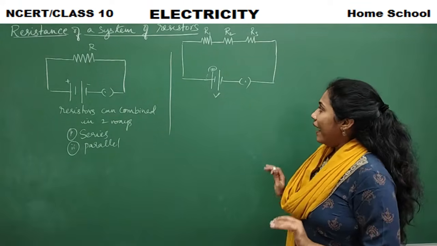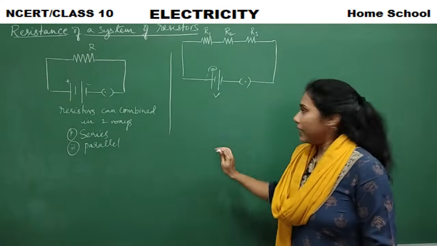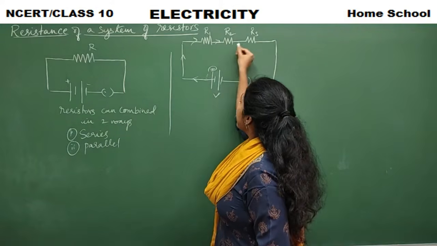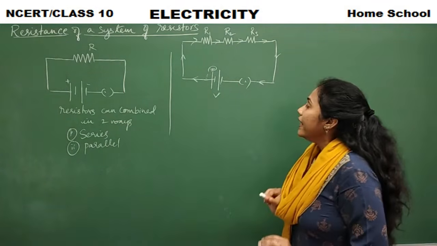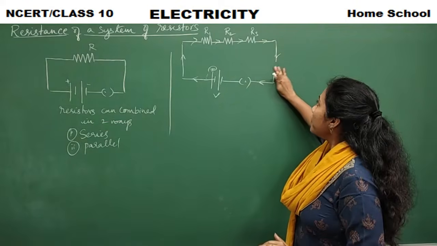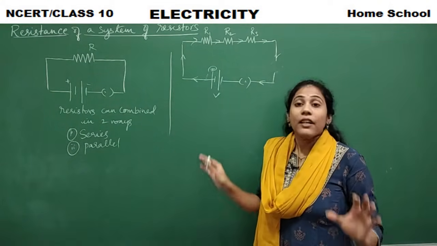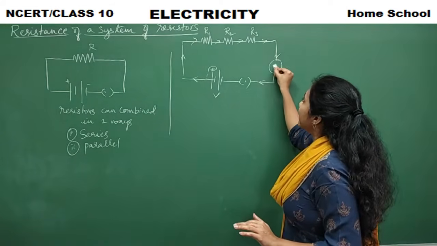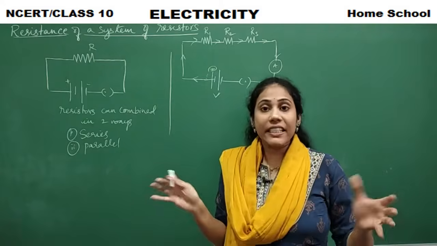Okay. And now how does our current flow? Positive terminal to the negative terminal. We know the direction of flow of current, right? So this is the direction of flow of current. Okay, and now if you want to measure the amount of current flowing in a circuit, what is the device we use? Ammeter. So show ammeter here. So this is our ammeter that we kept for measuring current in a circuit.